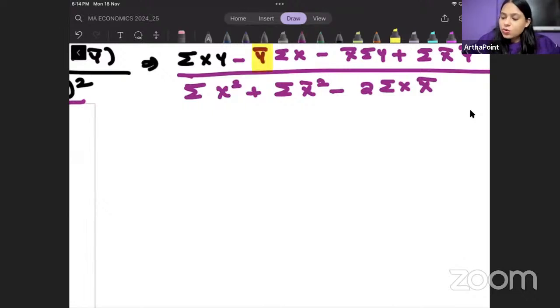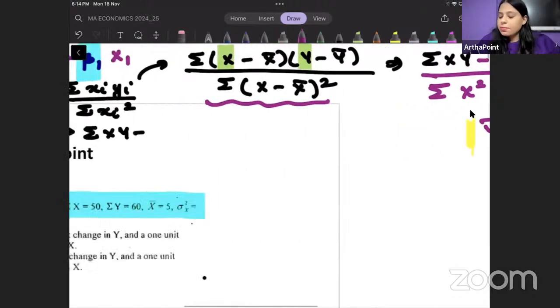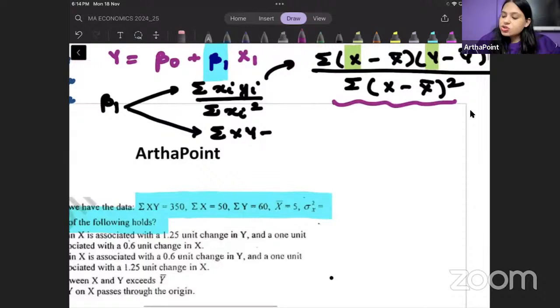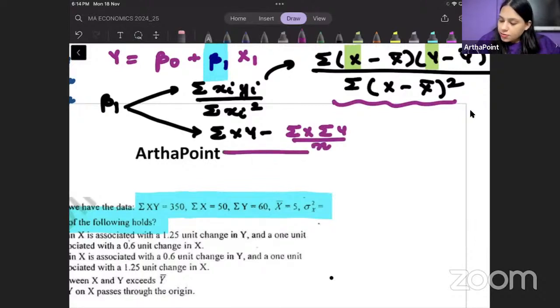For example, you can write y bar as summation y by n, because you're given summation y and the value of mean of x. And then you can write summation x as it is. So you can make some changes around, and when you make those changes, the other formula of beta 1 will be derived. That is summation xy minus summation x summation y by n upon